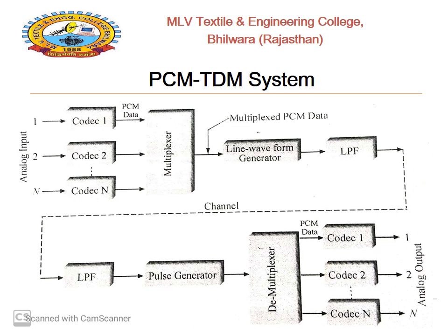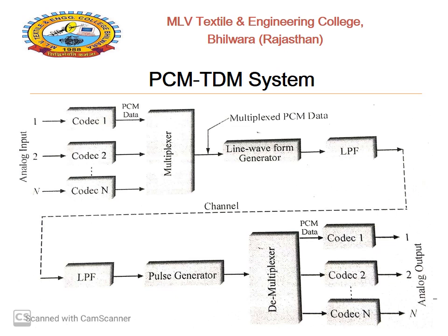The next PPT or slide represents the PCM TDM system. This system uses many codecs as shown in the figure. The codec is basically a PCM encoder, which is known as the transmitter, and a decoder, which is also known as the receiver. The codec will generate a serial stream of PCM data. At the receiver side, the codec receives serial PCM data and generates an analog signal. The sampling frequency of PCM can be selected by an external clock which is given to the codec.